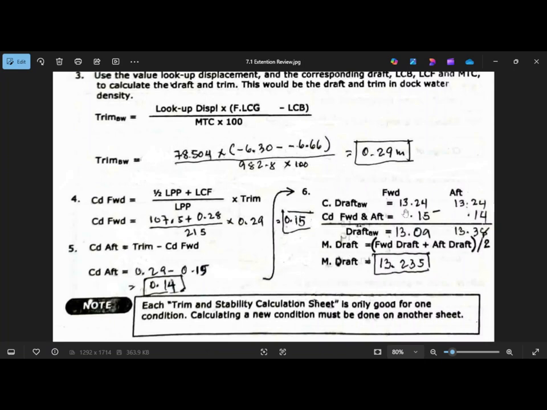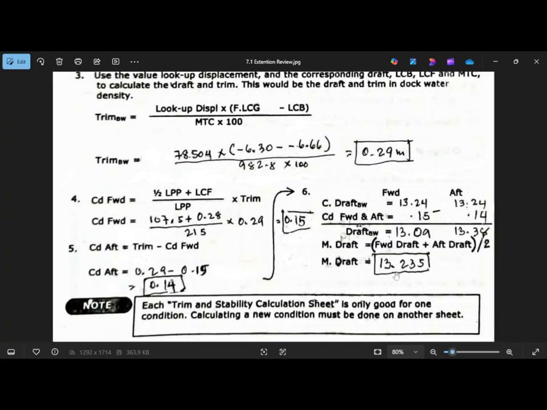So here your mean drop is 13.24, your up drop is 13.24. You apply the forward drop correction of 0.15. This one should be minus. You add the change of drop up, which is 0.14, and you have here drop forward is 13.09 and up drop is 13.38,